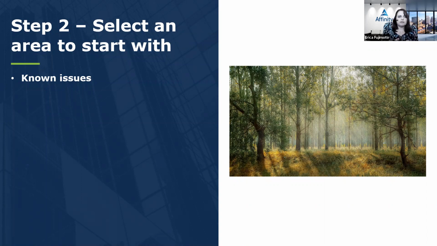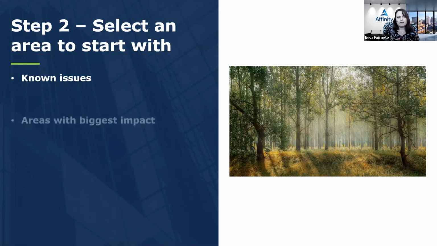For example, you might be looking for inefficiencies in the process, inconsistencies. You might be looking at people problems. You might be looking at areas where your firm has dropped the ball. Maybe you've missed hearings or you've missed deadlines, and that might be an area that you want to look at. You might be having some technology problems. Essentially, what you want to be thinking about is things that you wish worked better. So once you have that, that would really help you to narrow this down and figure out what area you would like to start with mapping.